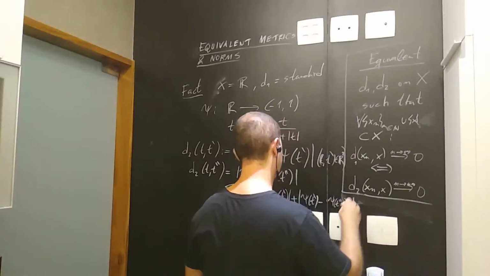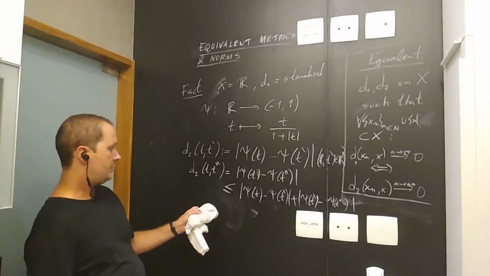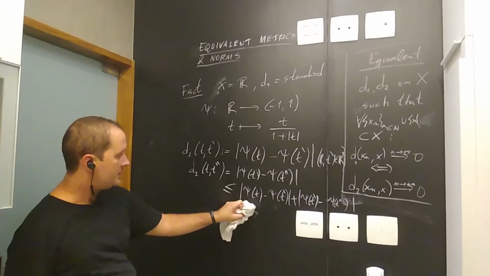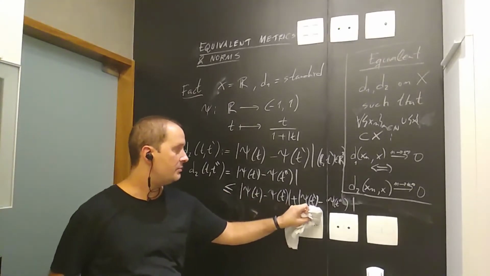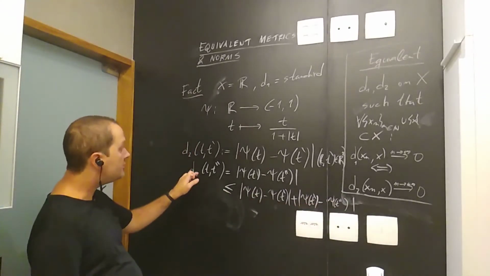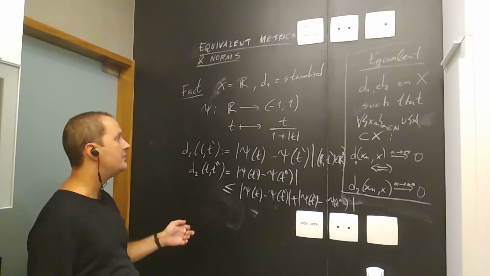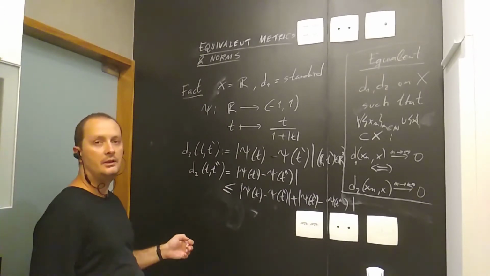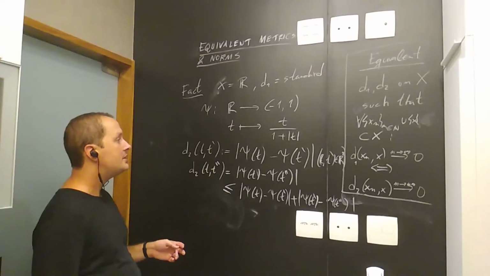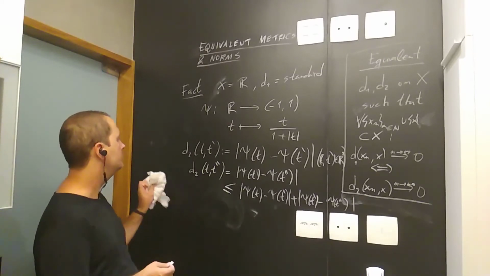So you see that this is the distance from t to t prime, and the distance from t prime to t double prime, according to d2. Therefore, d2 really satisfies the axioms of a metric. And how do we know it is an equivalent metric? First of all,